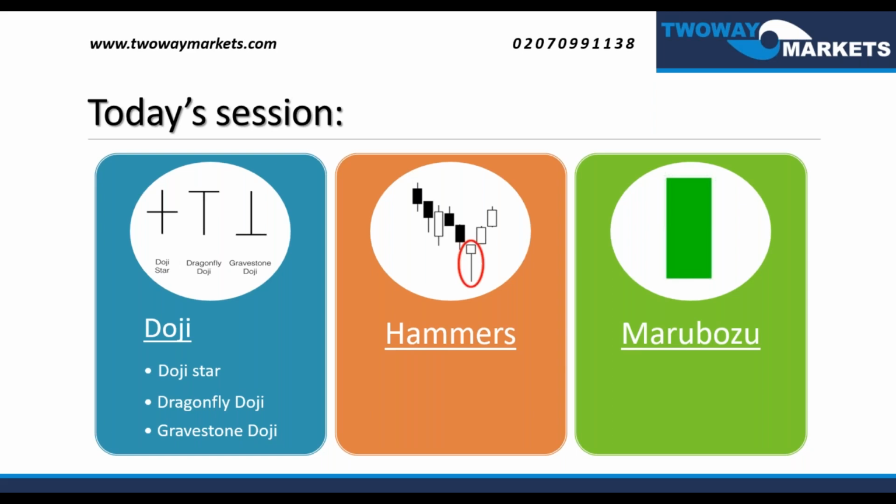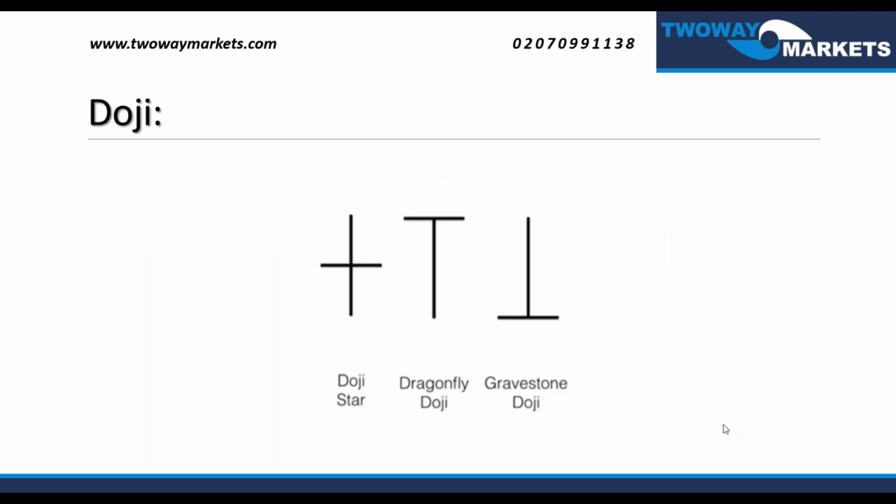Well, so dojis, hammers, and marubozu. Now, funny enough, with dojis, there are essentially three kinds of doji patterns which can exist. So think of them as perhaps subcategories. We're going to be covering a few different patterns which one could identify on a chart. So with dojis, you have doji star, dragonfly doji, and gravestone doji. We then have hammers and marubozu. But very quickly, with regards to dojis, now